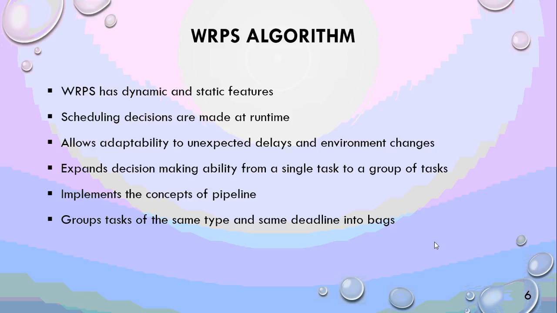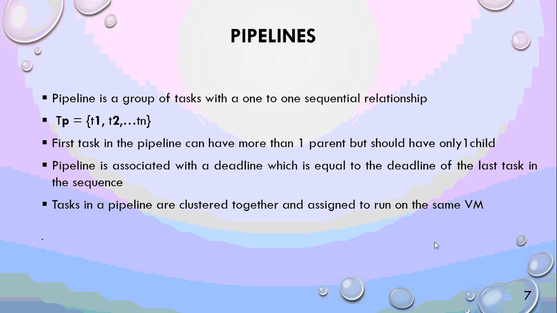What is a pipeline? A pipeline is a group of tasks with a one-to-one sequential relationship between them. Let's see the details of a pipeline. Like I said, a pipeline is a group of tasks with a one-to-one sequential relationship. Let's consider the equation. It says that there are tasks T1, T2 up to Tn. So basically here T1 is a parent task of T2 and T2 is a parent task of